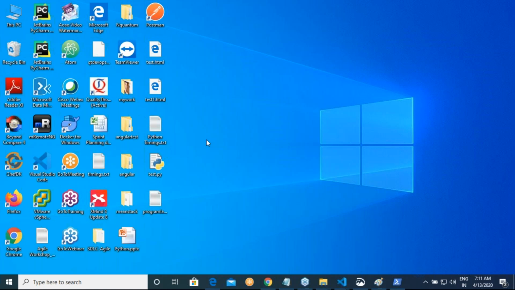Ubuntu is an operating system, a Linux operating system. You just follow the document, Vamsi.